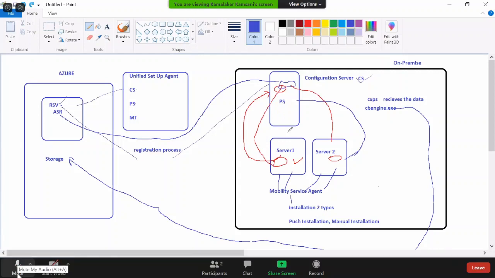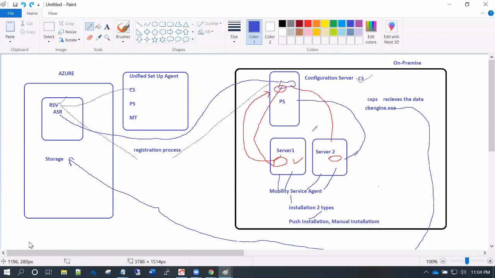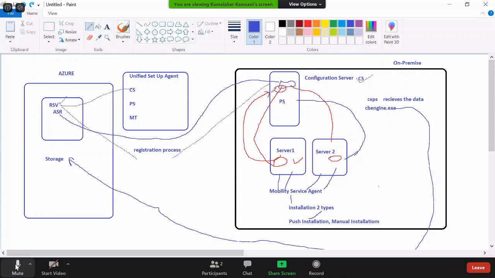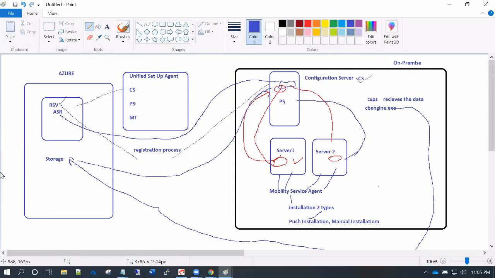Yeah, so I have one question here. What would be the prerequisite for me to migrate my workload from on-premise to Azure? One particular thing which I foresee is, do we need to connect my on-premise network to Azure before doing this, ASR or migrating my workload? Yeah, so this configuration server has to talk to the Azure storage account, and it also has to talk to a few Azure AD services, and it also has to talk to ASR related URLs.